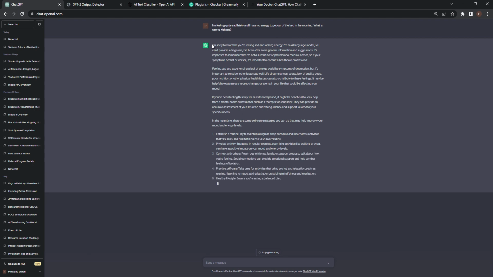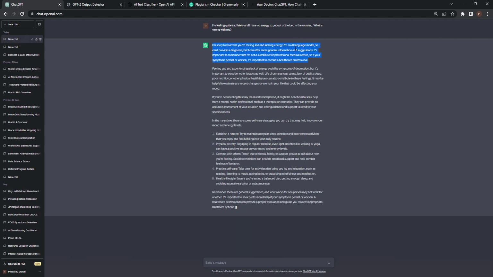So as you can see in the beginning, the model always says like I'm an AI language model and I can't provide a diagnosis. Honestly, ChatGPT gives better diagnostics than many doctors I've met in my life. So I think it's a good first filter before going to a doctor. You also need to choose a good doctor in any area. But anyway, let's move on. So feeling sad and experiencing a lack of energy could be symptoms of depression. So he correctly